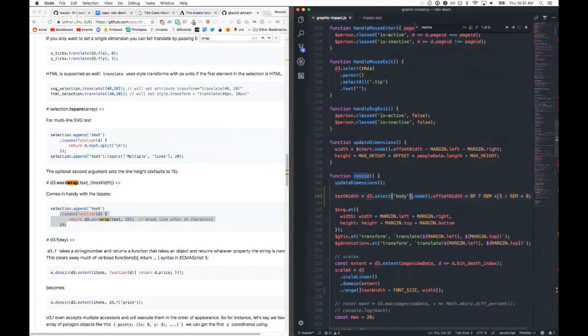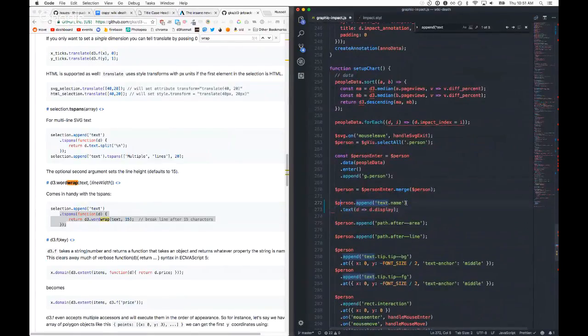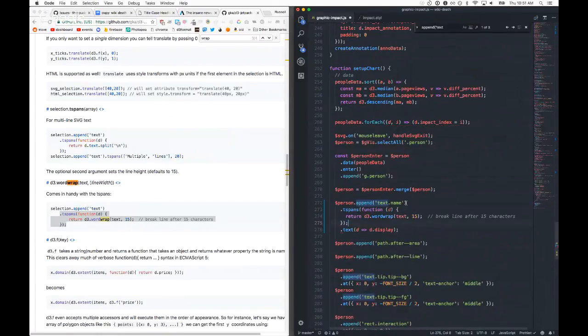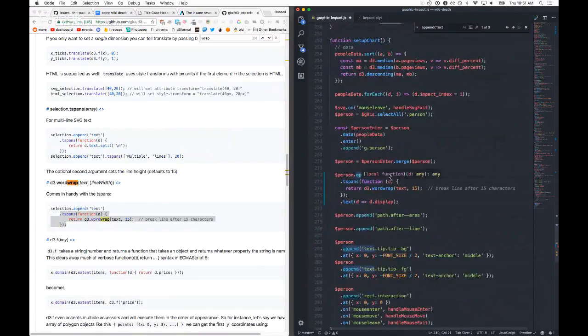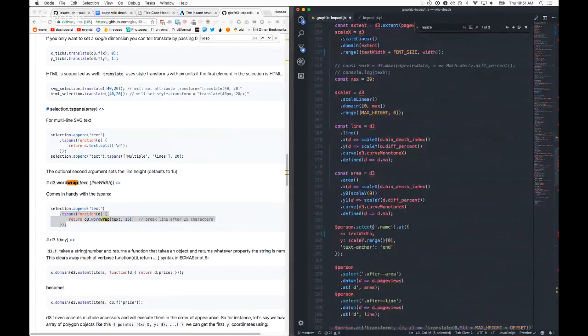So let's see here. Text. However, all right, so this is going to not be the most responsive if I do it this way, unfortunately. So on resize, we're going to have to redraw the text every time. Here we go. Huh. You're doing that. So, and then we can do